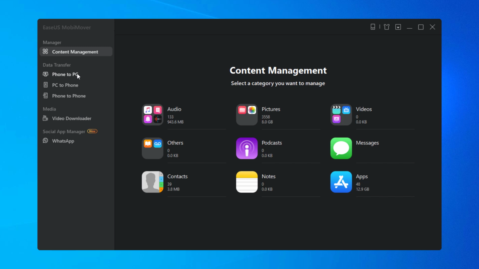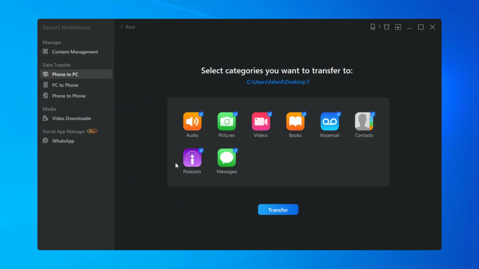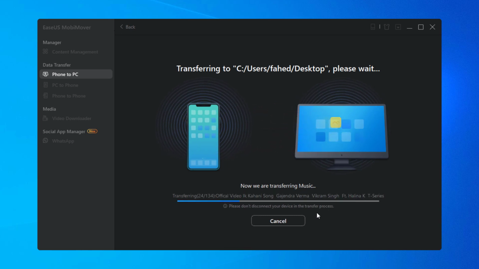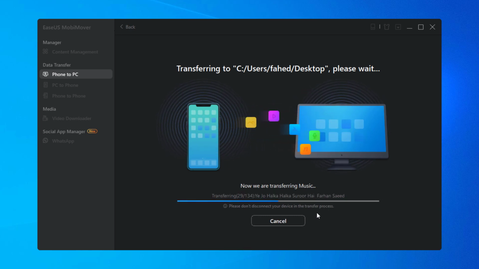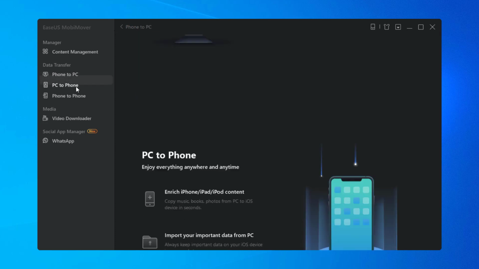On the left side we have some other features. Here we have phone to PC. With this we can transfer all of our iPhone data to PC. We also have a PC to phone option.